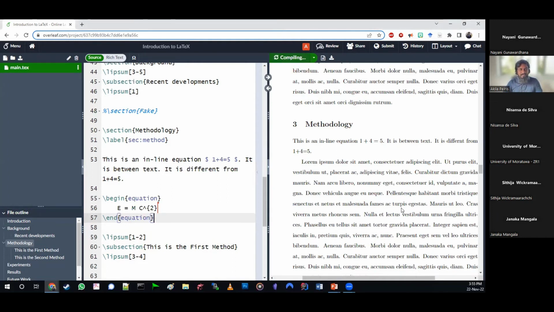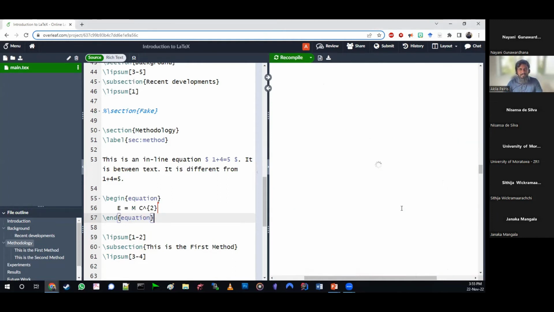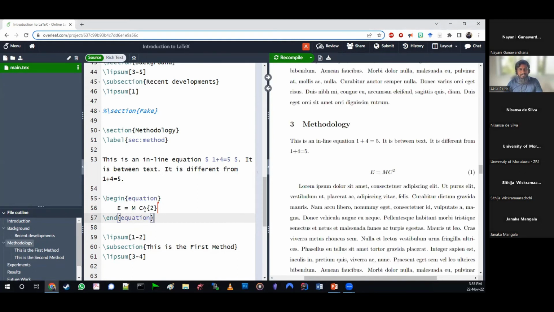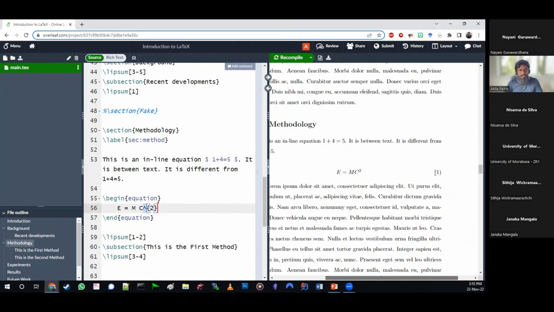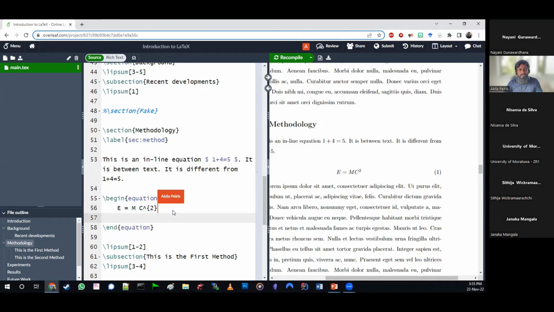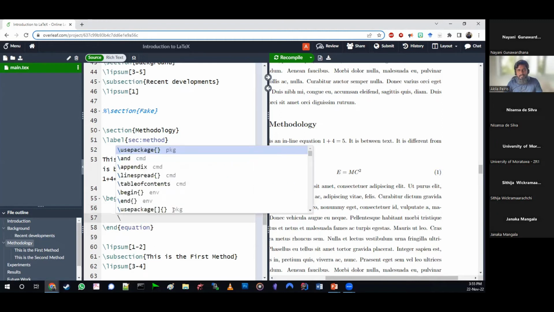So we have E equals MC2, and you can see to the power of, you just give this notation, and Mr. Akila has added E equals MC2. And you can see the equation numbering has automatically appeared. So if you want to refer to it, you just want to put the same labeling as before.